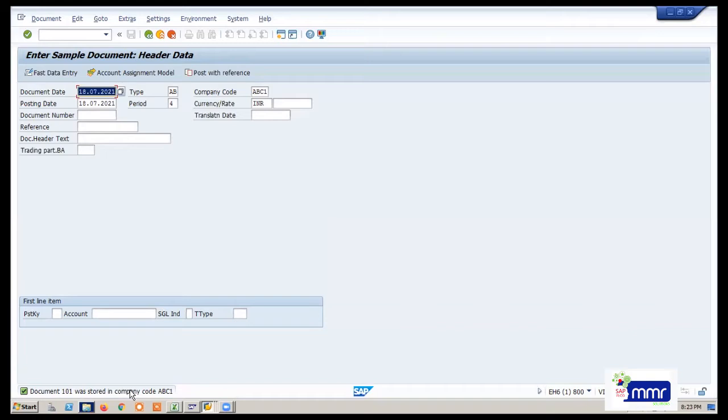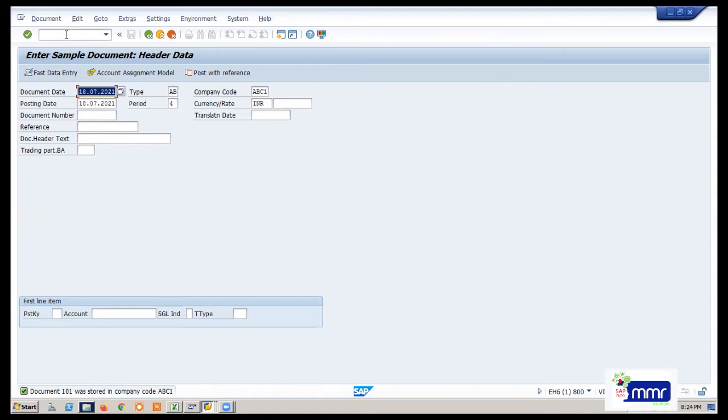So you post some transactions, but you want to change. You posted with 10,000. Unfortunately, you posted 10,000 rupees of the rent. Sorry, salaries. But you have to change that amount to 11,000. Unfortunately, instead of 11,000, you posted 10,000. But after posting the document, you realize that it is 11,000, not 10,000. That time, how to amend this?